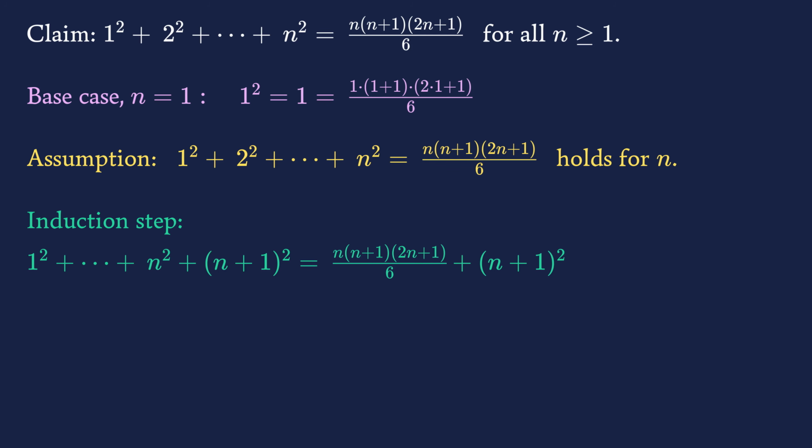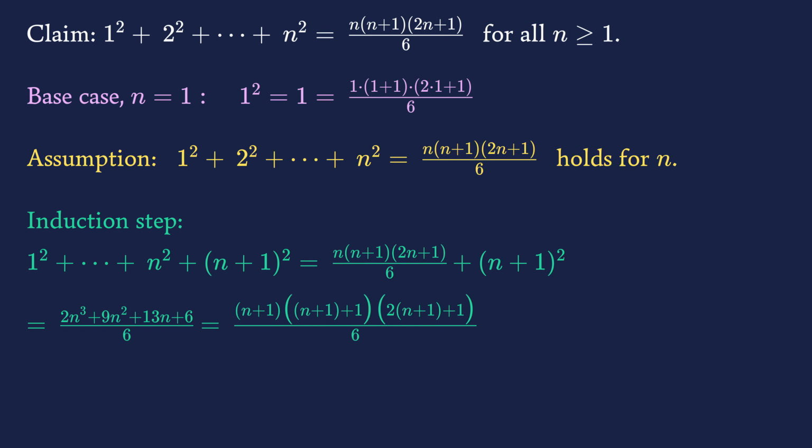Then we write everything as a single fraction with the numerator fully expanded. We know that we want to end up with this fraction here, with n plus 1 plugged into the final right-hand side formula. Starting from here, we can expand and go backwards to see that we end up with the same fraction as before. On paper, of course, you might want to actually do that with a few more details,